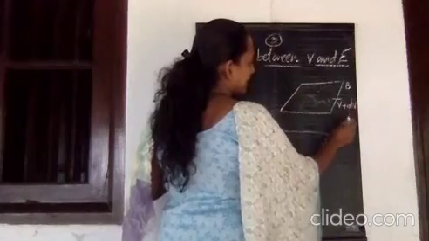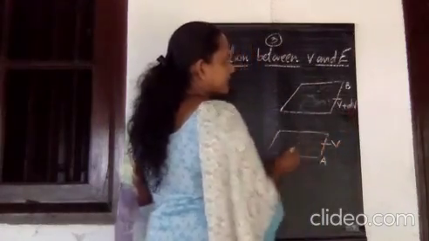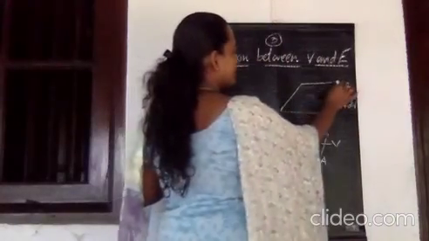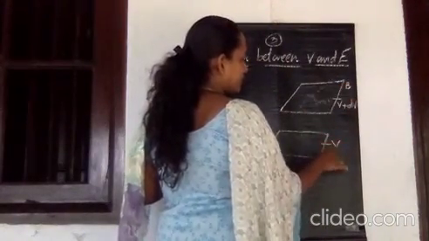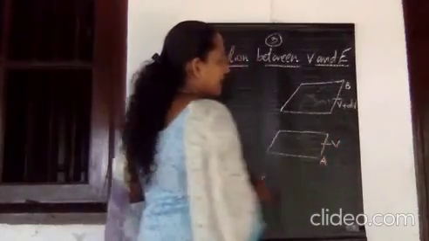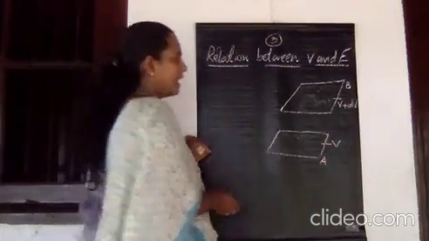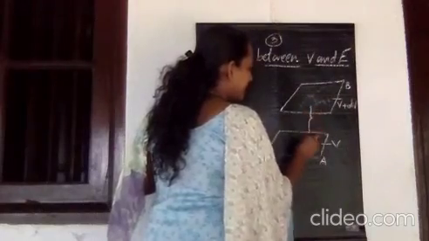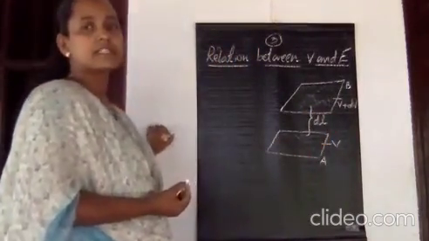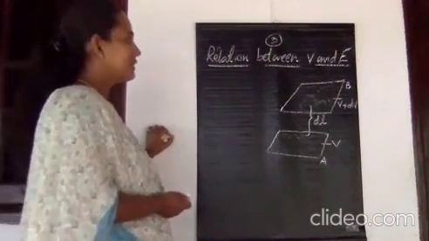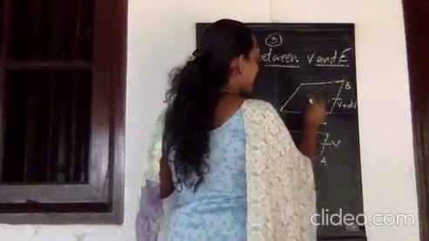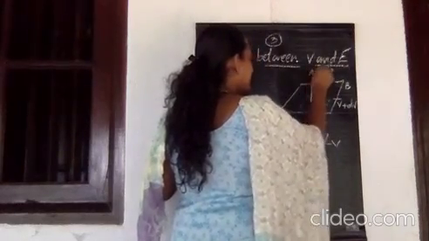That means there is a change in potential. Both equipotential surfaces do not have the same potential. Here the potential of surface B is greater than that of equipotential surface A, and its value is V plus dV. These two surfaces are separated by a distance dl, and the electric field is acting outward through this plane like this.